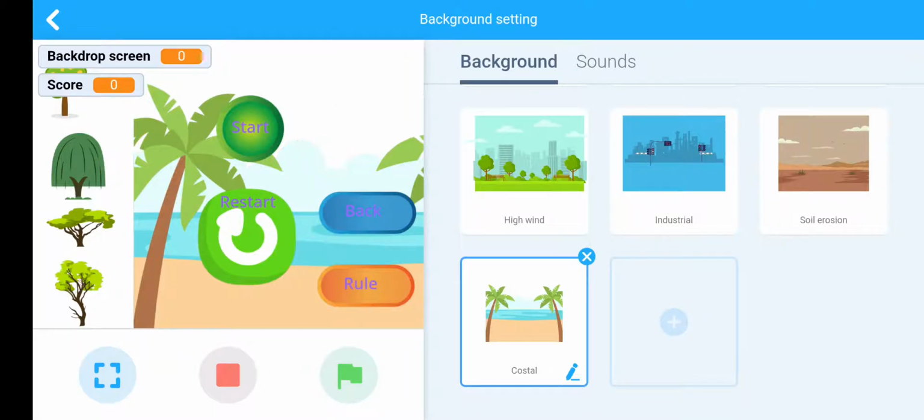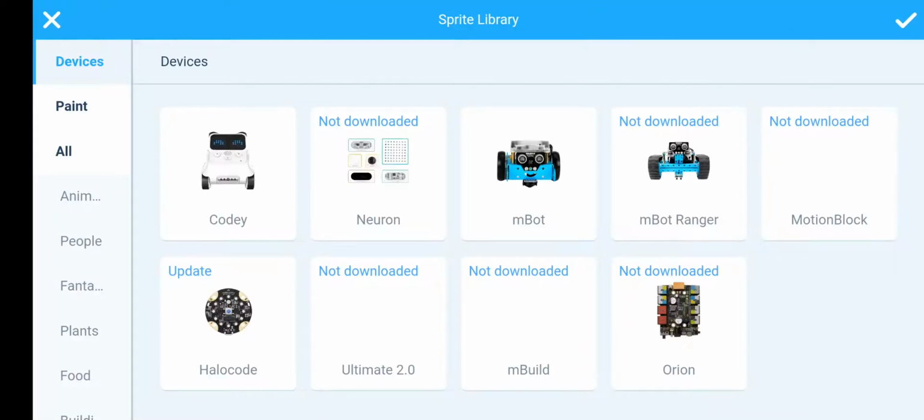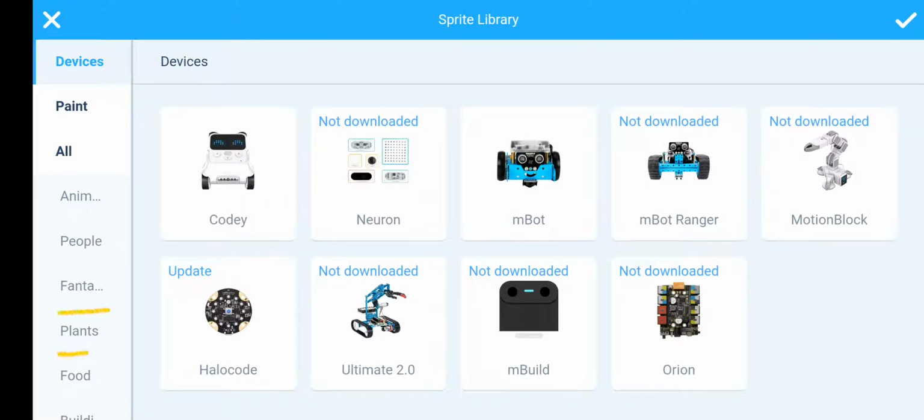Okay, in this video first we will add soil patches as a sprite where the tree should be implanted. The tree should be implanted on soil patches. To add the soil patches, first we will click on this plus sign, then go to plants.